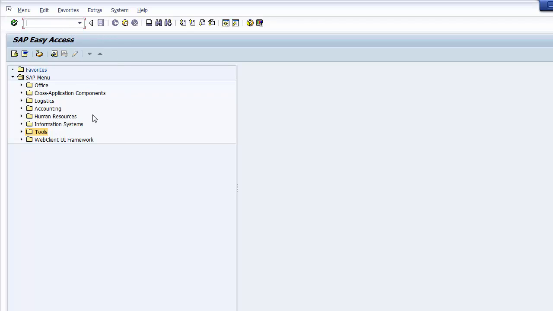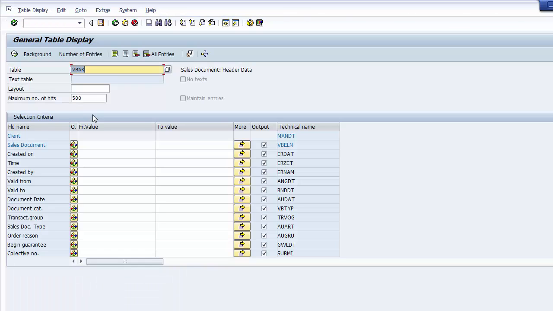Okay, so now we want to take a look at SE16N, and that N is the only difference in the transaction. This is the newer version of the data browser, and it's a little more flexible. Here I can enter my table again in the data browser. I can click on my maximum number of hits or even take that out if I just want to see